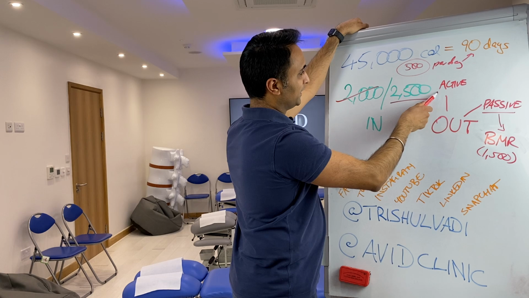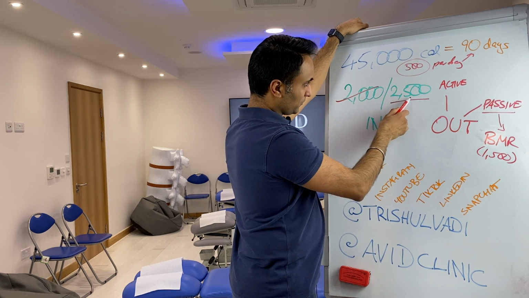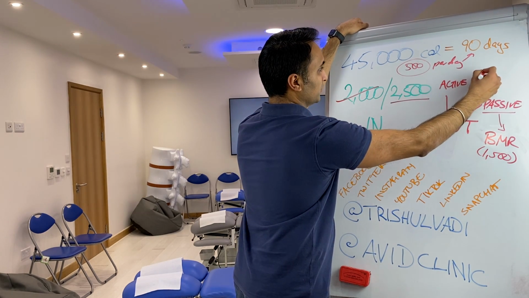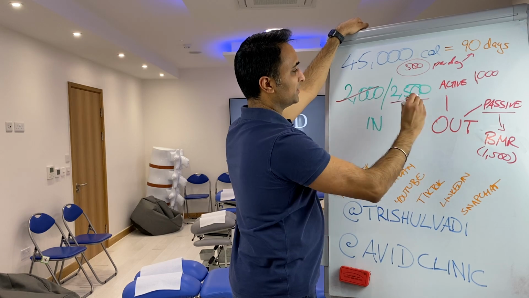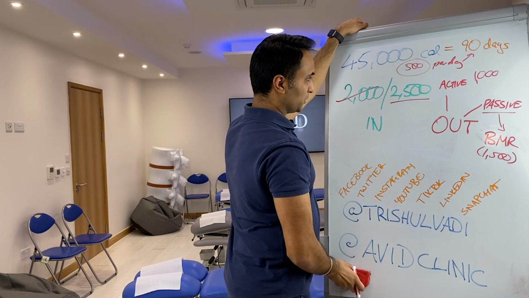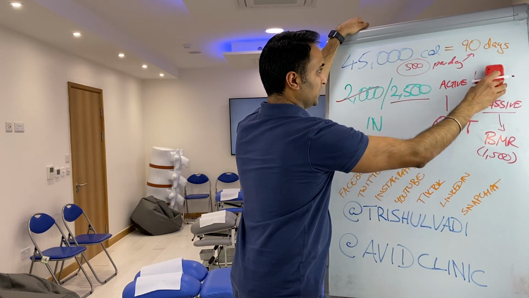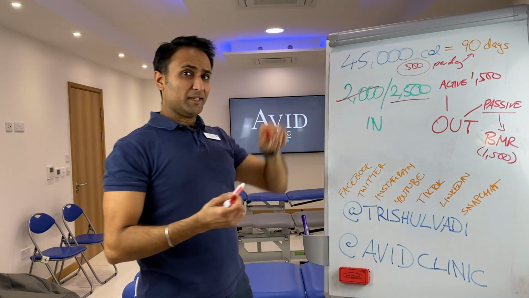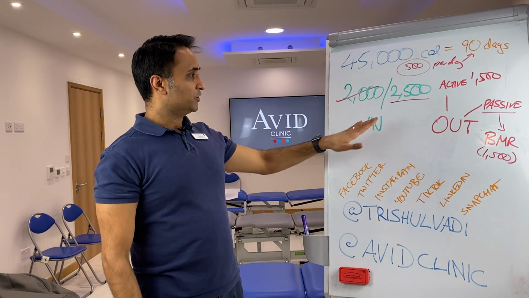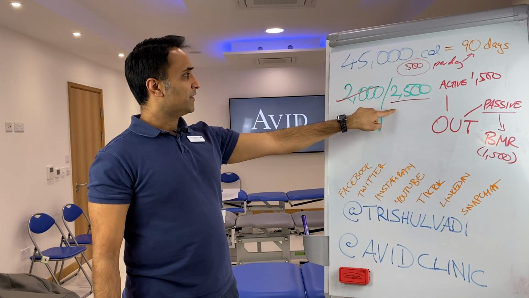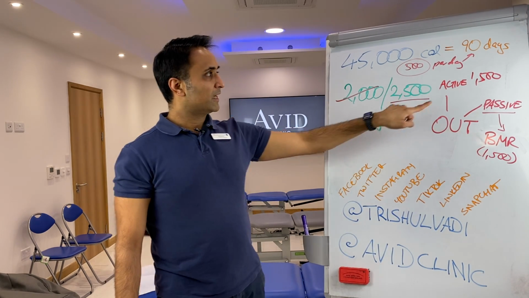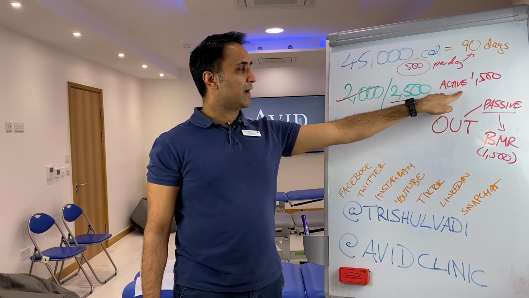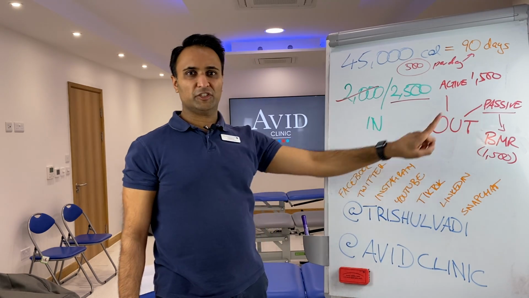What we want to think about is how do we get that now? And simply 2,500, take away the 1,500, left with 1,000. So that's 1,000 there, actively equals the same, doesn't achieve this yet. So we want to be burning 1,500 calories a day via exercise. That is a big ask. So we want to be rethinking what you want to do. When you look at this calculation, think, okay, can I reduce this by a new amount? Can I increase this by a new amount? This number, if you're increasing your active output,